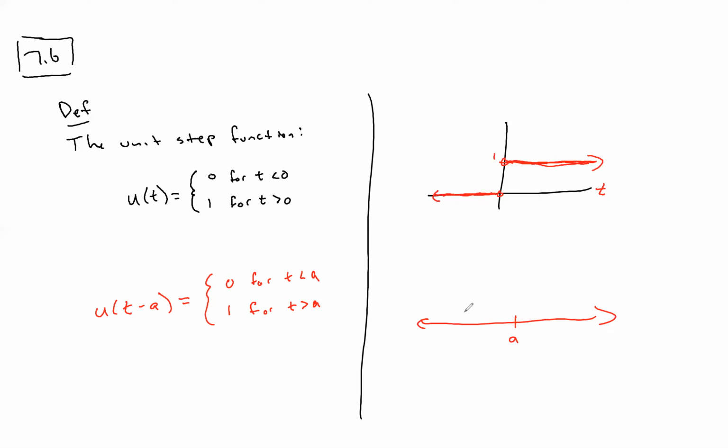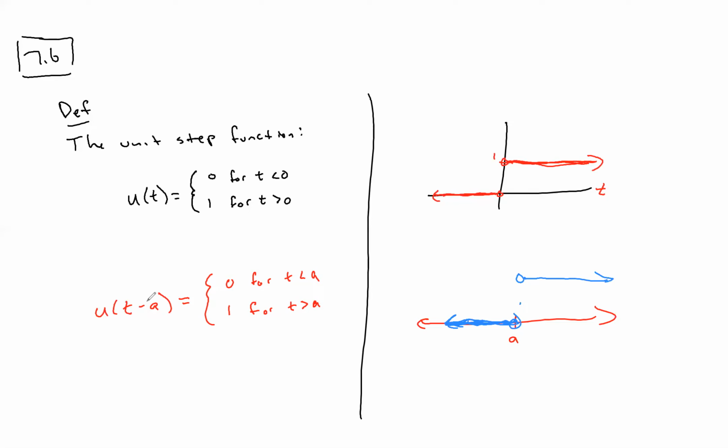Wherever a is, that's where you switch to flip on, turn on the function. It switches from being 0 to 1. All right, so that's the unit step function, and then we can shift the unit step function left or right